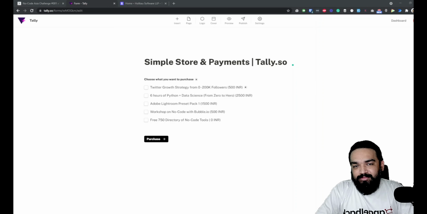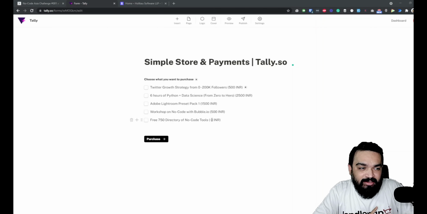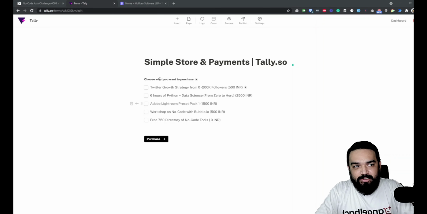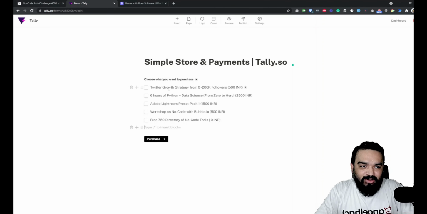Alright, so I have a simple form. What I've done is added a checkbox and a label. With checkbox, I've added multiple options, with one being a free thing that people can get. And depending on what people select, we have to calculate the price and then send the user to the checkout page, right? So this is the first page that the user will see, and when they select these, the price should be incremented, right? You have to calculate the price. These are all simple checkboxes, so we need to make sure we calculate the price.